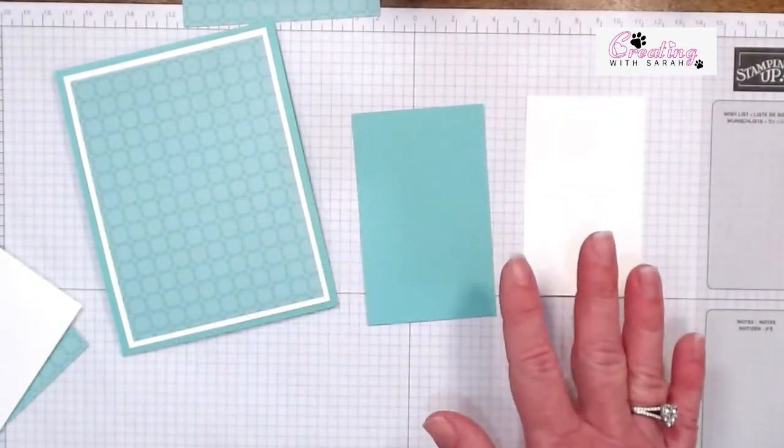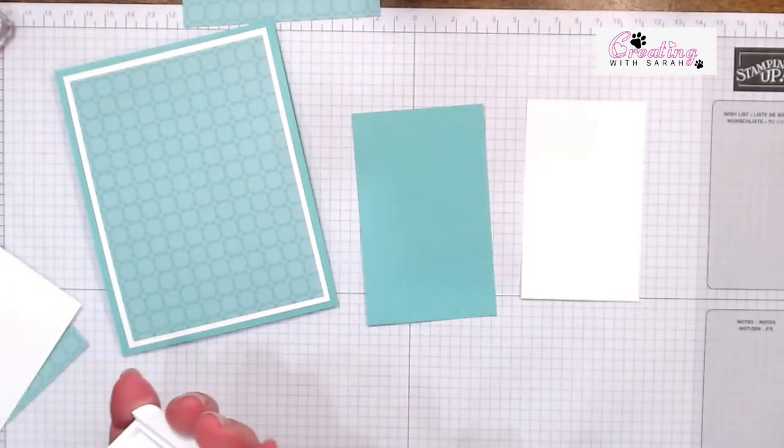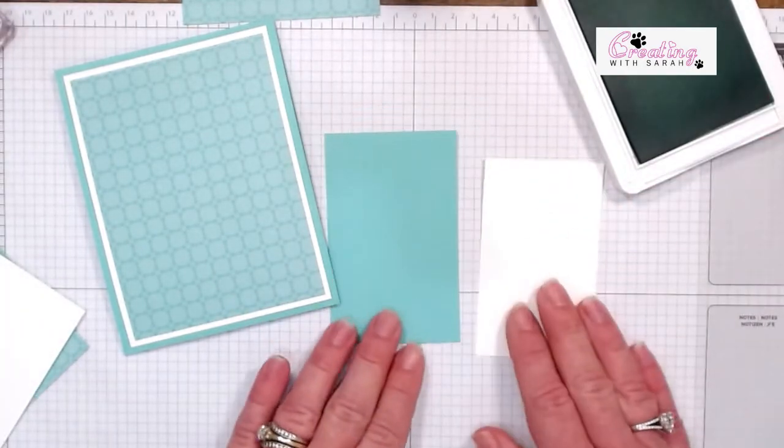So now we're going to be working with our basic white piece. And I just wanted to open up the ink. Sorry, I was trying to get my phone on silent because my kids keep texting me. So I'm gonna, oh, and it didn't work. Let me do that again. There we go. Okay, so I'm using the Coastal Cabana,